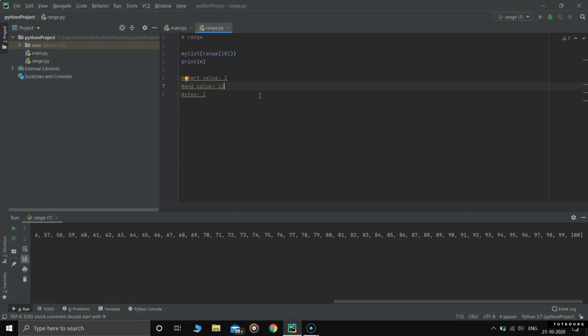I hope you have got an overview of what this range is. We'll be using this range function in future programs, like even for loops. That's all about it, guys. This is the main functionality of this range. You can display as many numbers as you